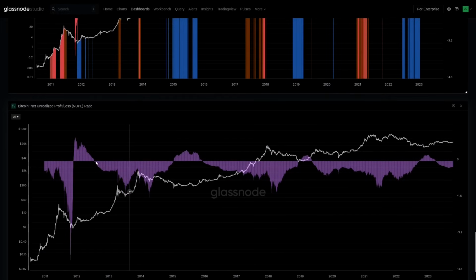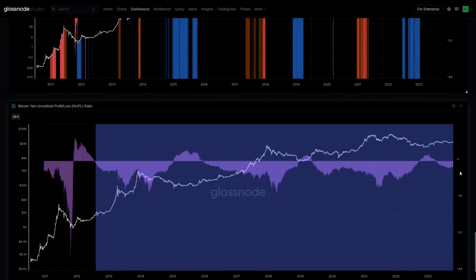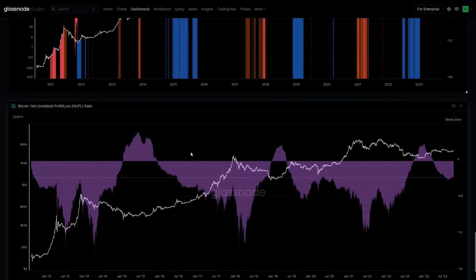Well, we're going to take the exact same model and take a difference between those two NUPL curves. And you can see that we get maximum levels during the bottom of bear cycles. This is when long-term holders have actually weathered the whole bear and they still underperform the guy who just bought. And conversely, when long-term holders have the maximum profits, this is when the market is super overheated. There's a lot of people carrying lots of profit.